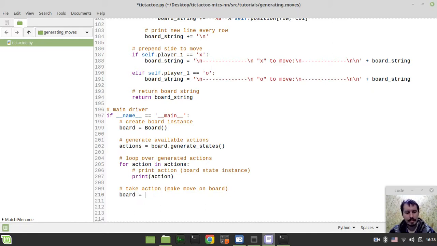Well, actually, as this action is already a board instance, we can just assign it. I was just thinking now that we could have actually tried to create a new board state to make a copy, but that seems to be unnecessary. So we can simply say board equals actions, and let's take the very first one. So we'll make this the very first move, like in the top left corner, and print